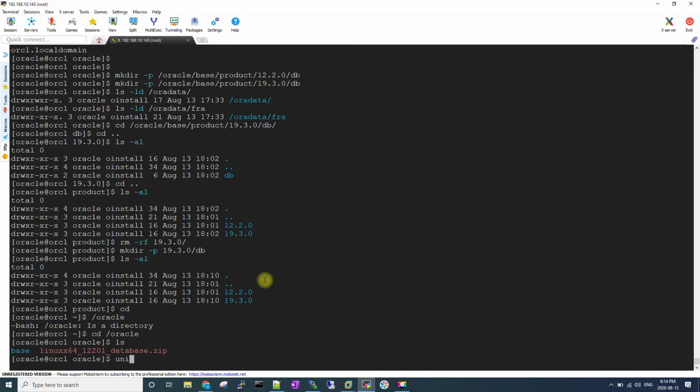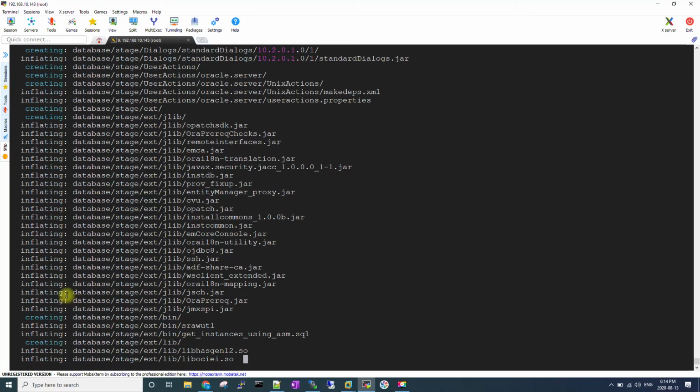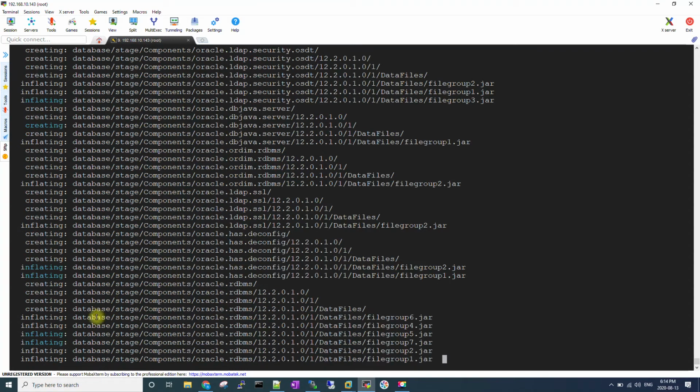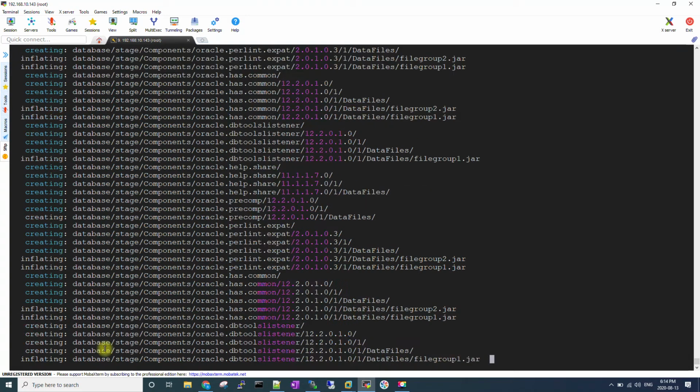unzip the file here, unzip Linux. You might be seeing that the first folder is the database. Underneath it everything is getting extracted. It's creating a folder database and then extracting everything underneath it.